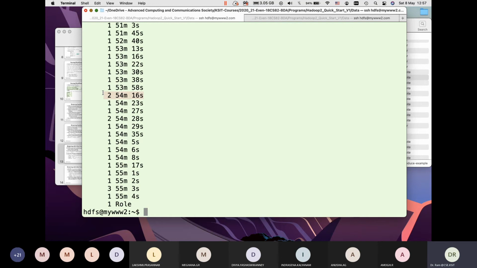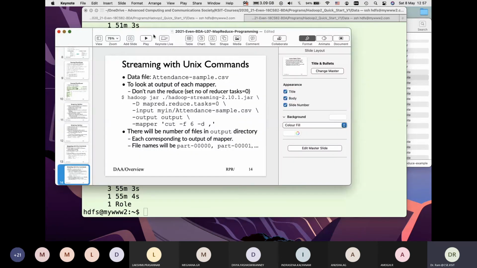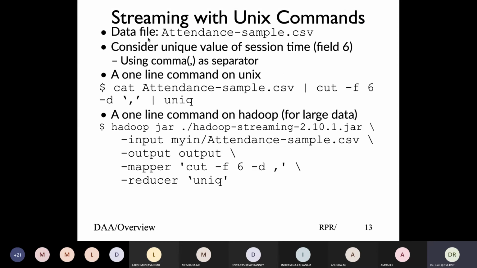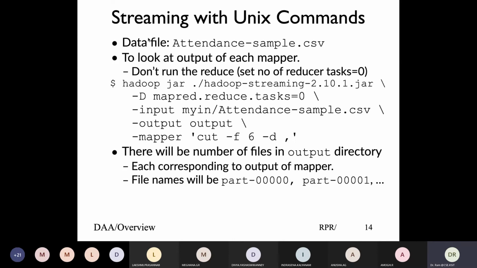Now we look at the same word count program in Python. We're done with the Unix command, and now we will do it with what is called Python. One thing, if you want to look, for debugging purposes, at what is the output of the mapper? Because mapper output goes to stdin of the reducer, you never see what output the mapper produced.